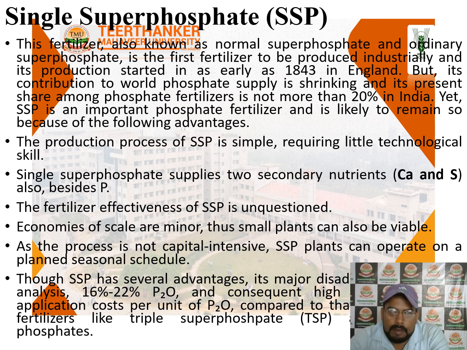The fertilizer is also known as single superphosphate, and superphosphate is the first fertilizer we produced at the industrial level. Production started in 1843, first in England, second in the USA, and third in manufacturing countries like India. So the first is the contribution to the world phosphate supply,